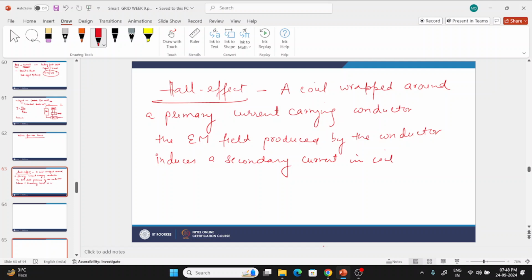Okay, तो Hall effect sensor क्या करता है, it measures this induced current to infer the primary current, जिससे प्राइमरी करंट का पता लगाया जा सके।